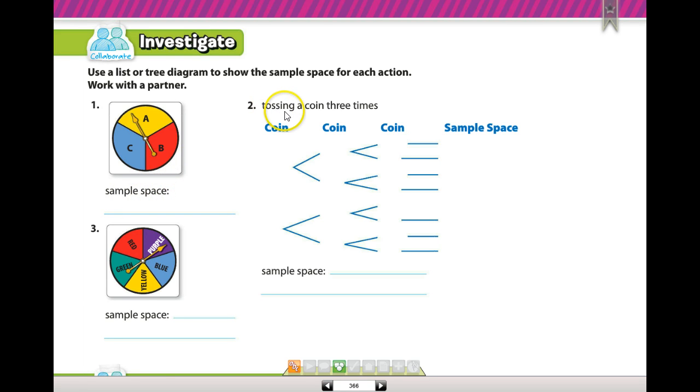Over here, we're going to create a tree diagram. And there is an edit we have to make. There's a line missing on this tree diagram. If you would, with your pen or pencil, go ahead and draw the line in right here, because there should be an extra space. For some reason, it didn't come out. Hopefully, your line will look better than mine, being that you have a straight edge and I'm not doing this